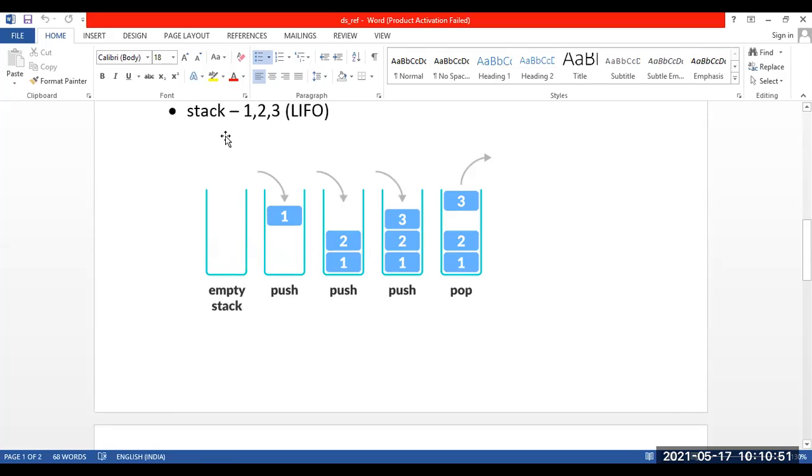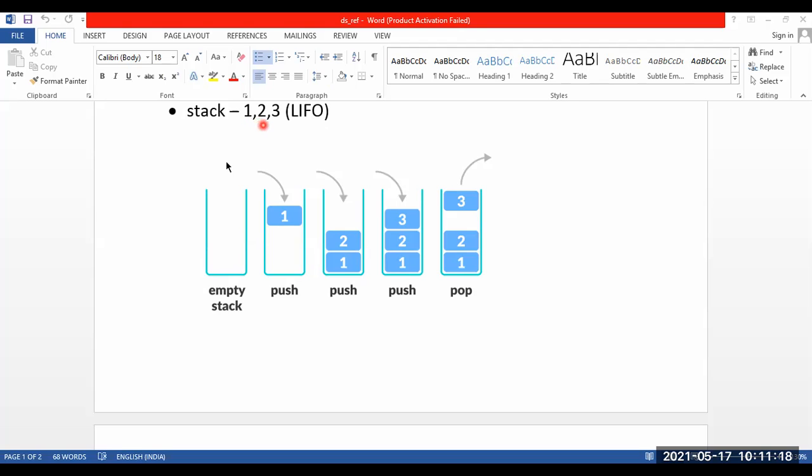Now look at the top here. I have written stack and I have written 1, 2, 3. So what are these 1, 2, and 3? These are elements. These are the elements that I want to store in my stack. The list of these elements can go up to n number of elements, but for our understanding currently, we'll just take 3 elements.